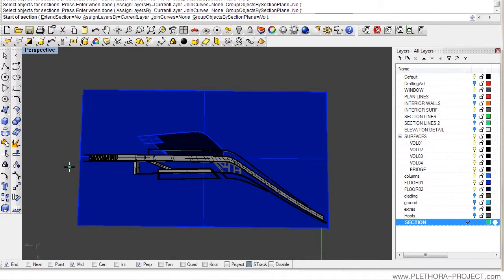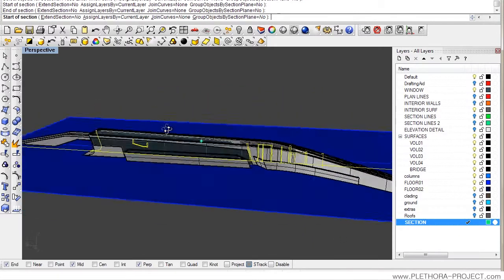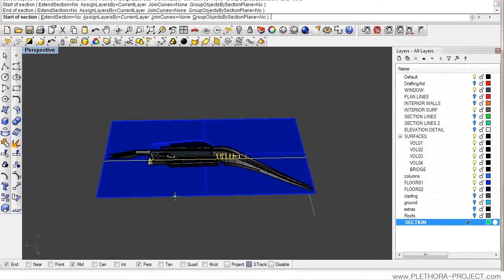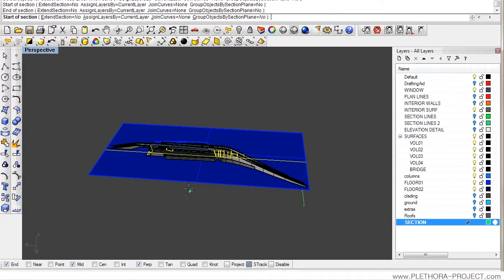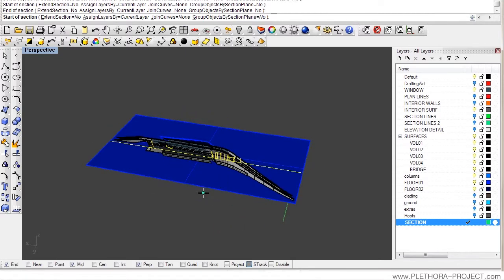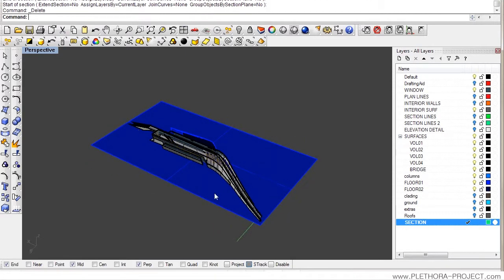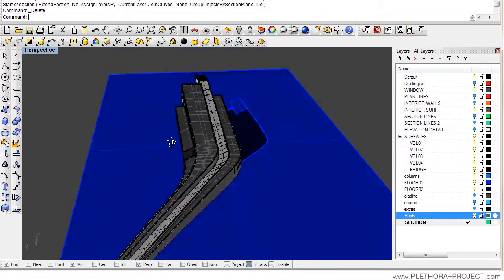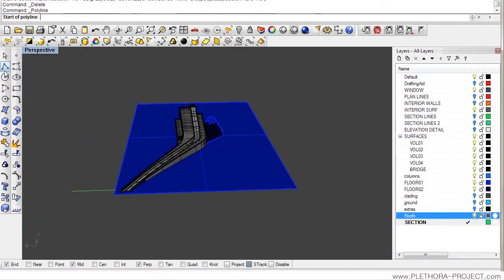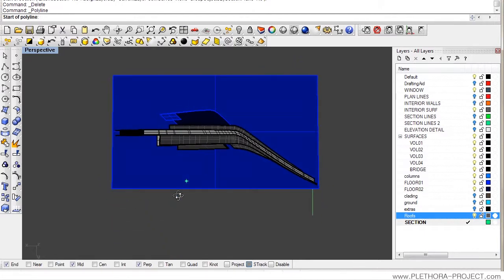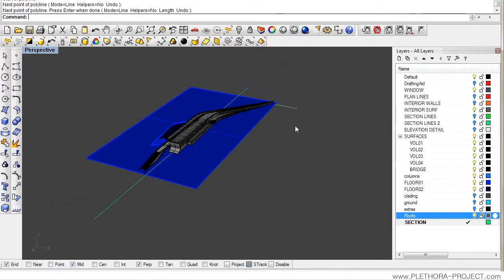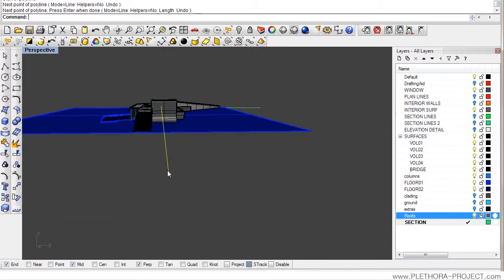Let's make sure that we're in the right layer, and then just cut through, right? So one thing I just realized is that we forgot to turn on the roofs. So you could say enter, delete that. Let's turn on the roofs. And it's good at this point that we mark with a line at least. Let's say if we're going to be doing a section that goes through here, right? We could just position this line wherever we want. So maybe through here,